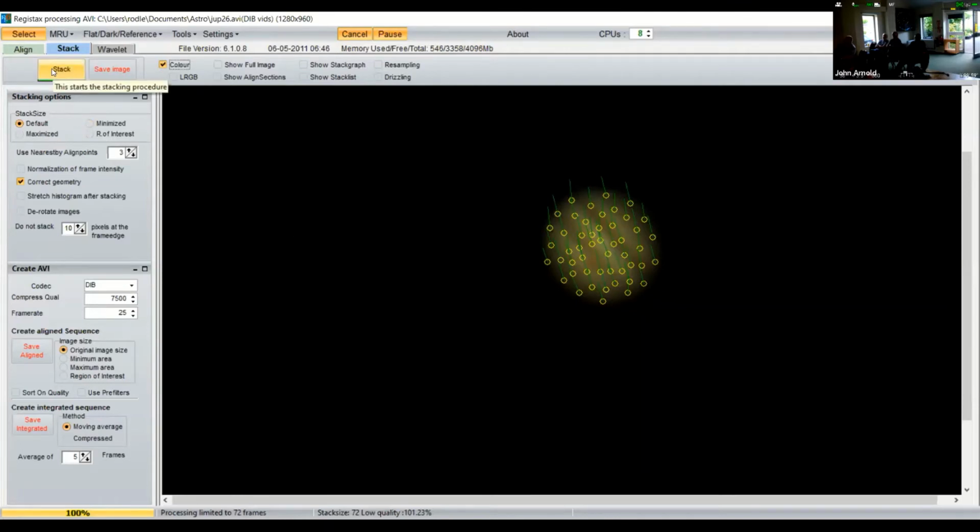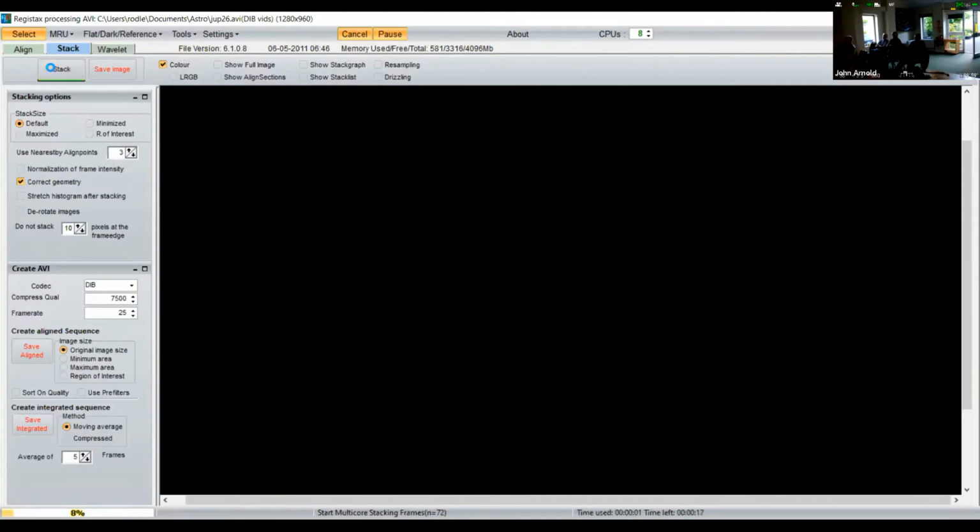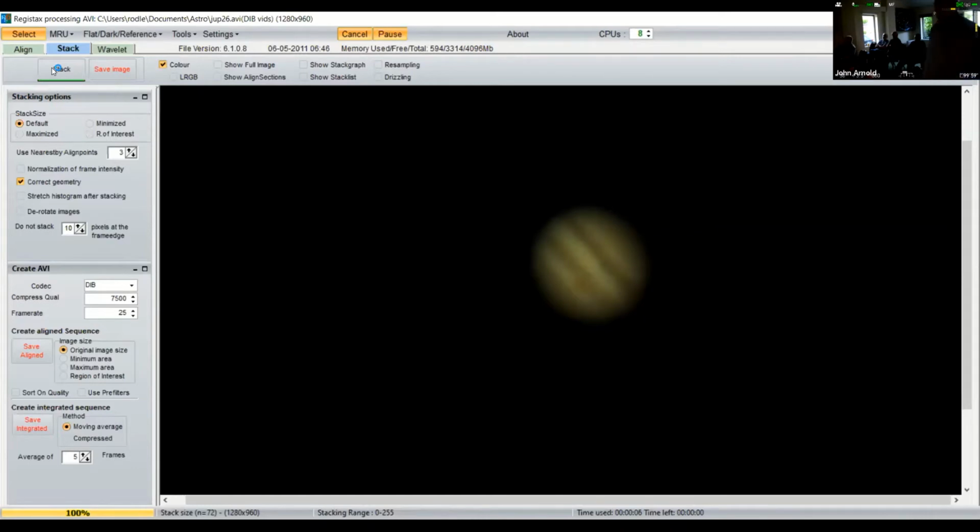So I'm now going to do this thing called stack, which I'll do now. And if you look at the far bottom, 44, 55, 66, 100%. And we've actually ended up with an image, and that's its final image. You might again say to yourself, well, that's not much of an improvement, but in fact it is. And we've, oh,